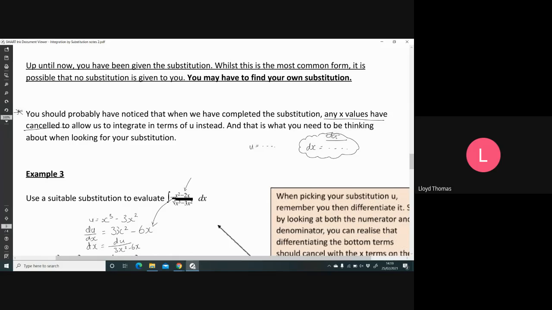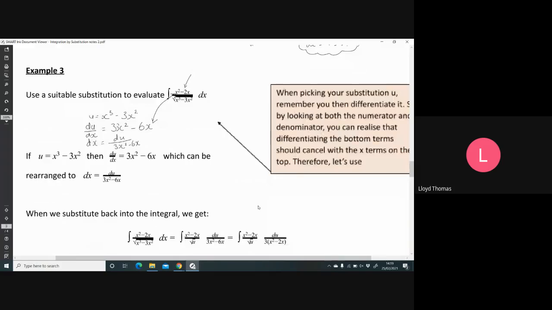Now, remember what I was saying? If I have something on the top, I want that to cancel out with something on the bottom. Now, this something on the bottom is 3x squared minus 6x, which will be factorized to cancel out with this here. So if I scroll down here, those are the steps that they've taken. They chose their substitution to be this here, then they differentiated as I did, then they rearranged to get this. And if you substitute all of those things back in to this original equation here,